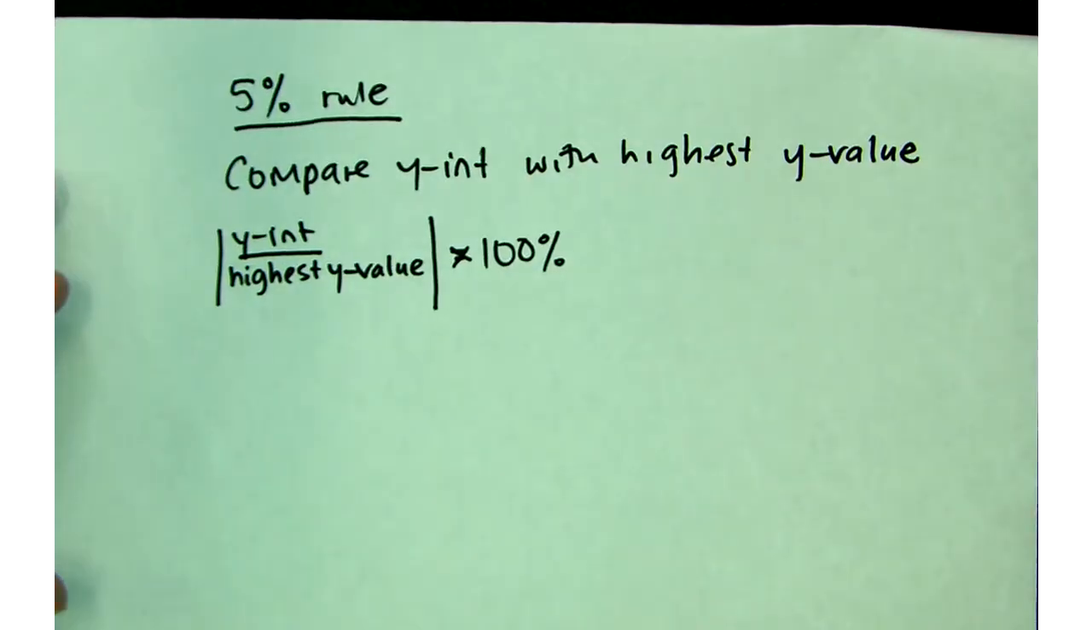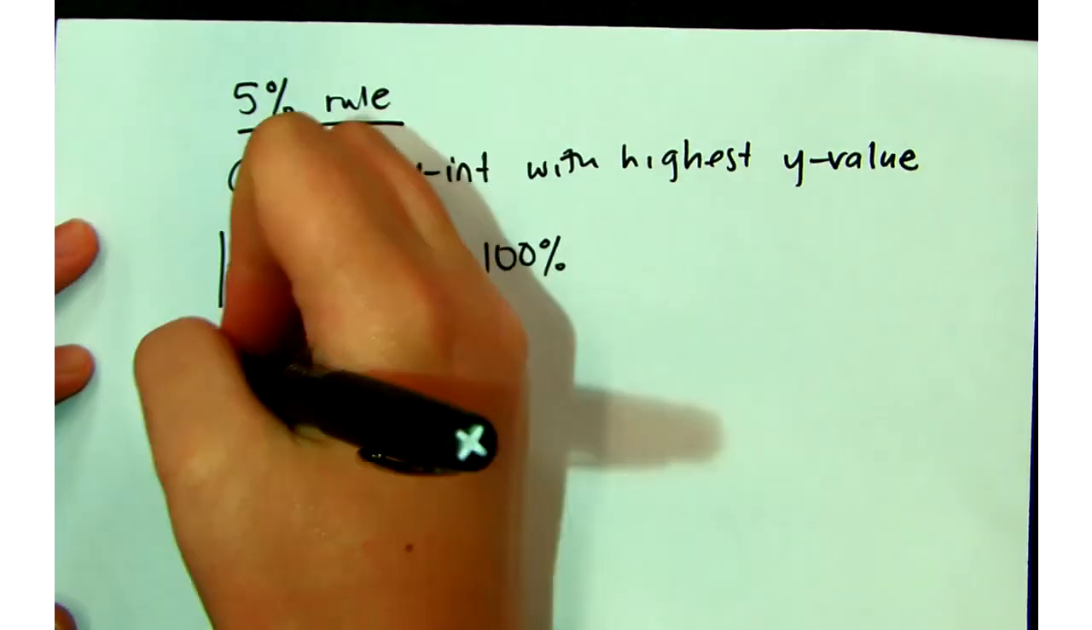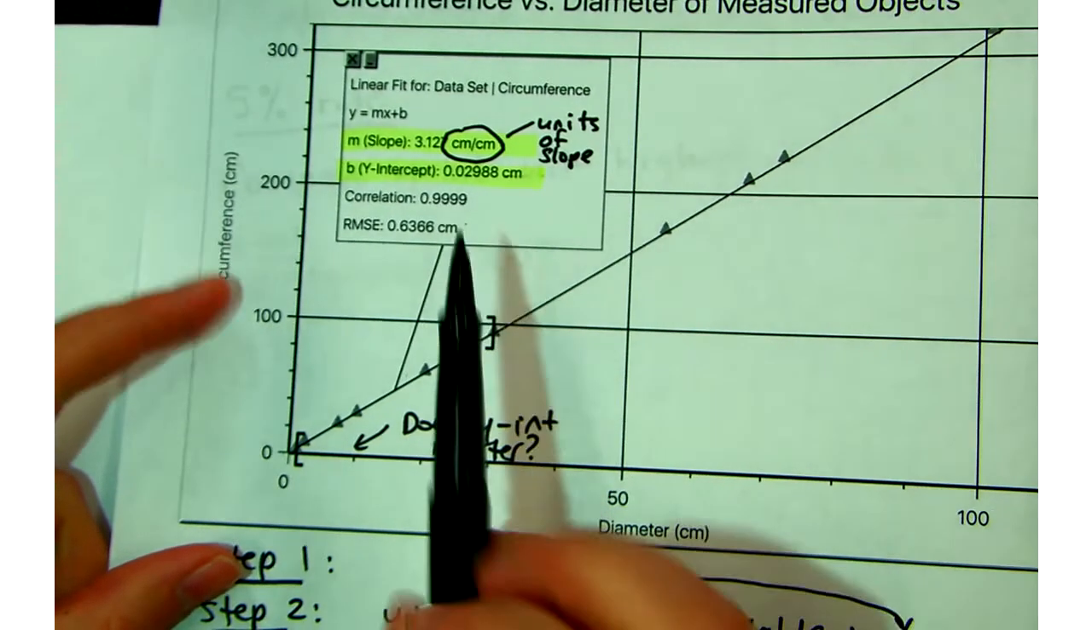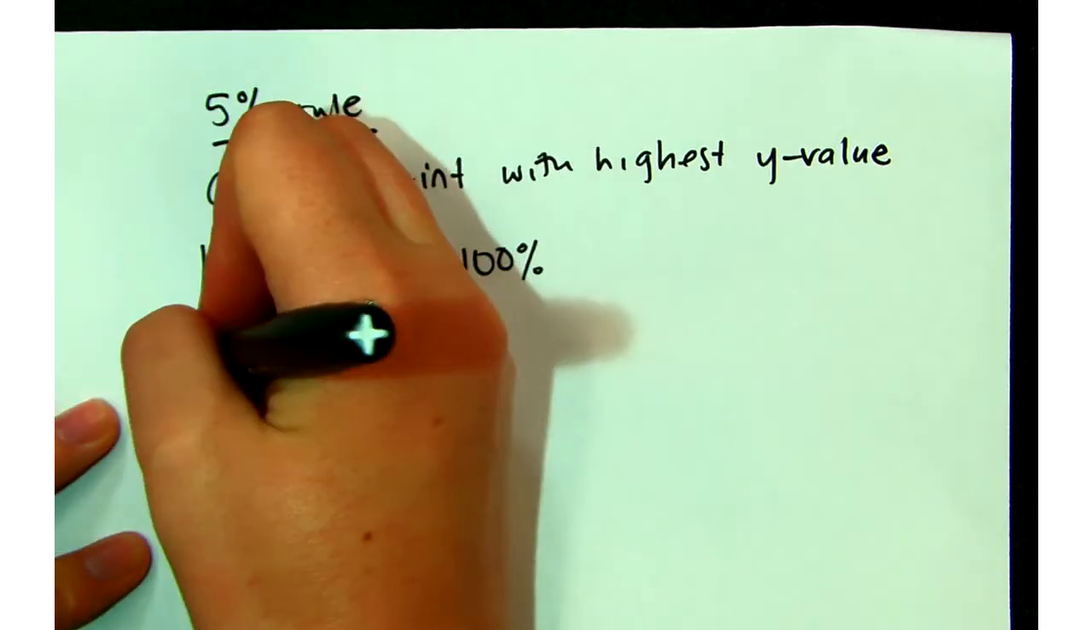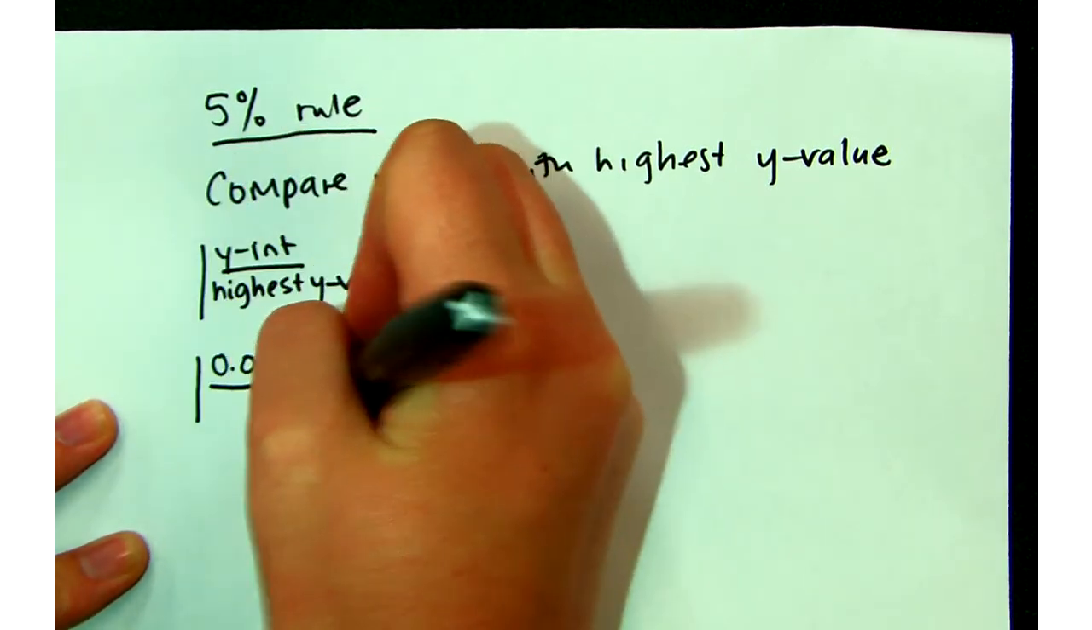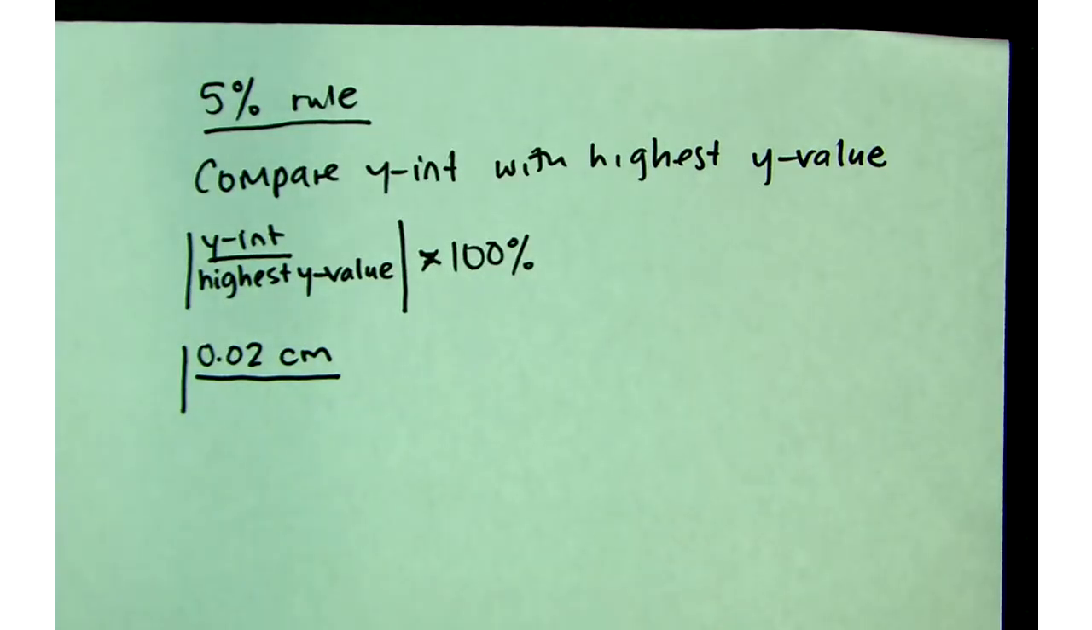Now I need to go back and look at my data to find out what the highest y value is, and I need to look at what the y-intercept is. If I look at my graph, my y-intercept is 0.02, and that's in centimeters. Hopefully, since they're both y values, they should have the same units. So I have 0.02 centimeters, and I'm going to divide that by my maximum y value,